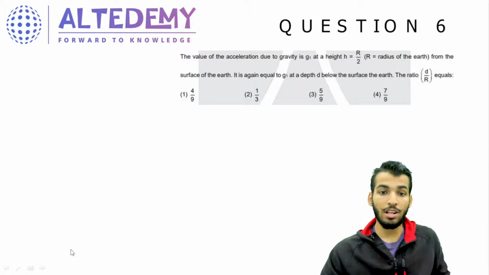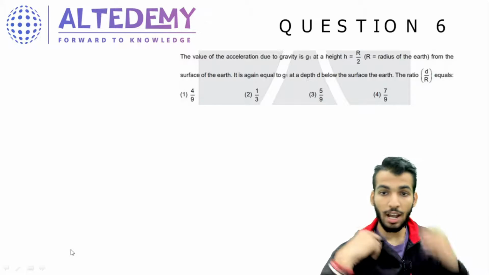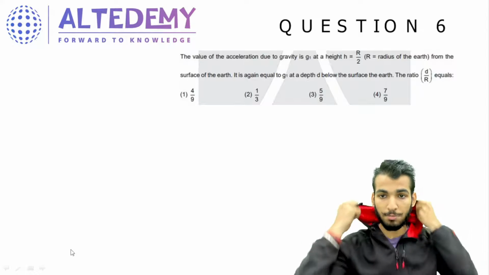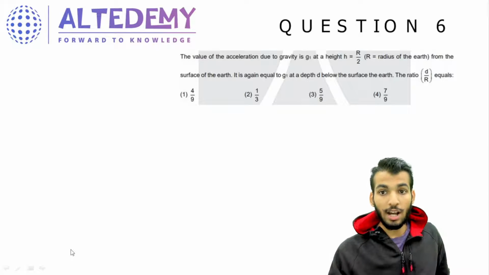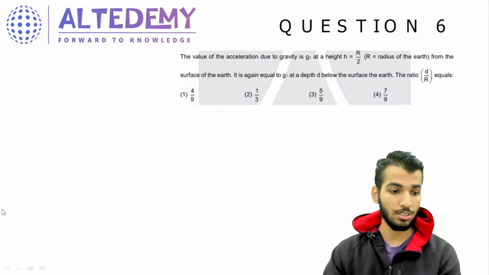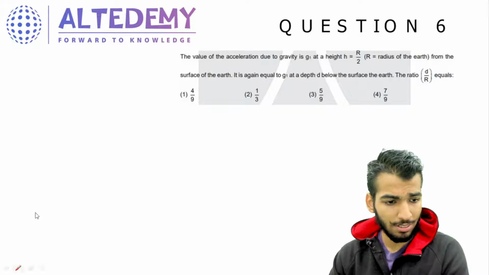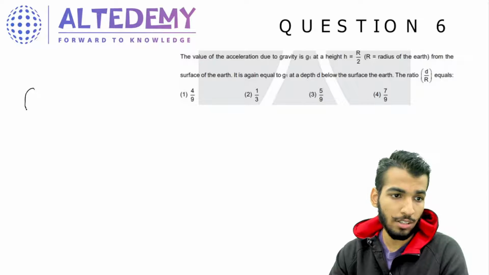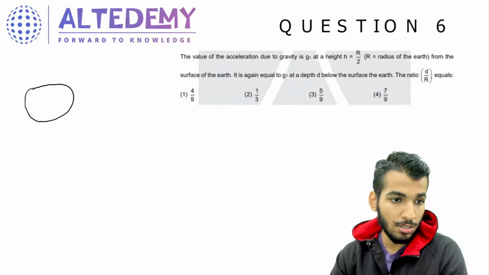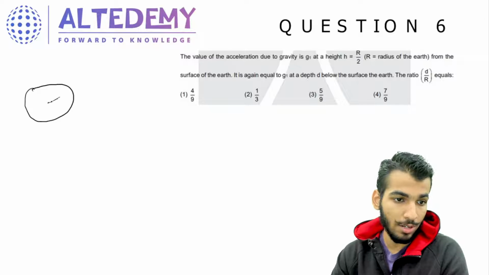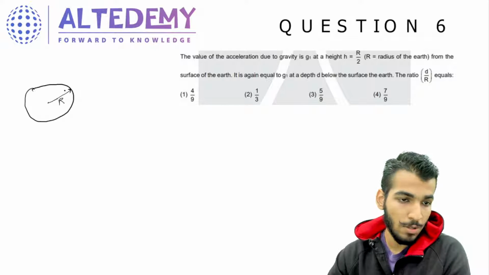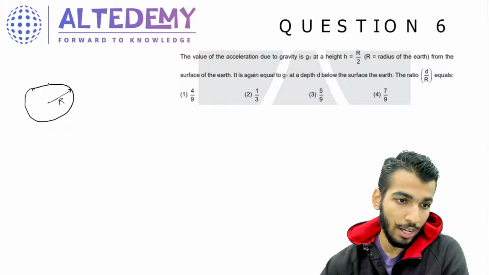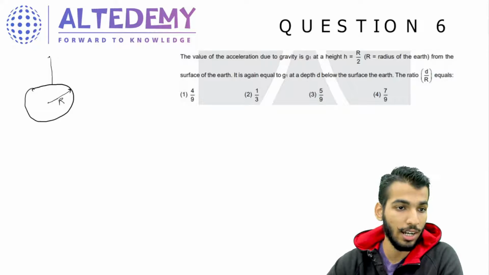Next question: the value of acceleration due to gravity g1 at a height h is equal to R by 2. That is, height h is equal to R by 2. Let's just visualize what that means. Everything should be visualized. If Earth is like this and the radius is R, the value of acceleration is at a height h. That means the observer at height h shall be equal to